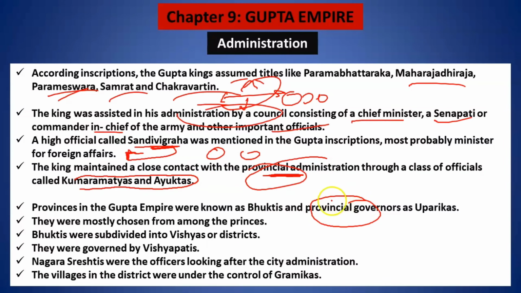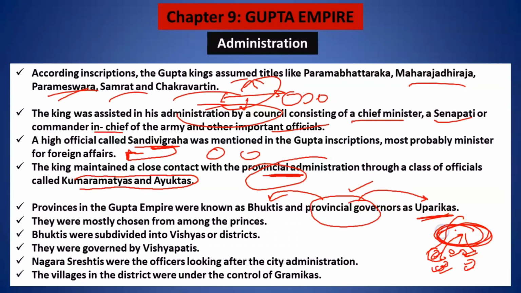Provincial governors were, who were the provincial governors? Bhuktis. And they were also known as Uparikas. All right. Now, generally, they were the princes. Let's say among the entire nation, there will be various small provinces, and over there, who will be the prominent small rulers who have accepted Gupta rule as their prominent ruler. मतलब जिन लोगों ने गुप्ता रूल को एक्सेप्ट कर लिया था अपने राज में, generally those princes were asked to be the provincial governors. Now under this also you guys can see here this bhuktis, that is the province.